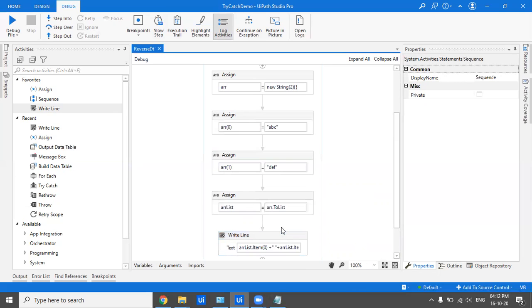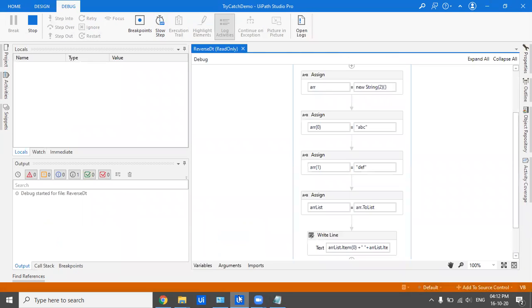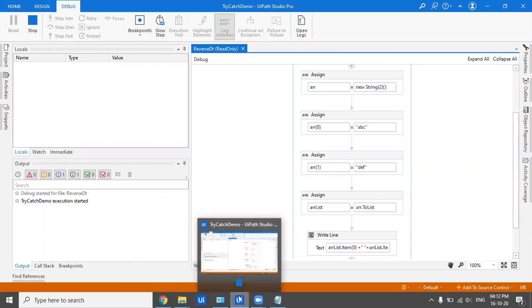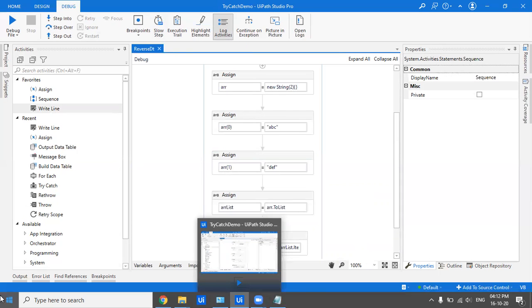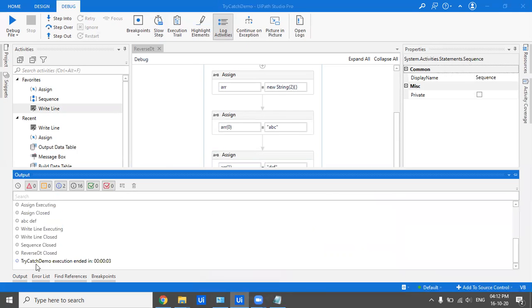So we have converted our array to a list, which is no more an array, but a list, and its value can be, it's dynamic. We don't have to define a size. So A, B, C, D, E, F.